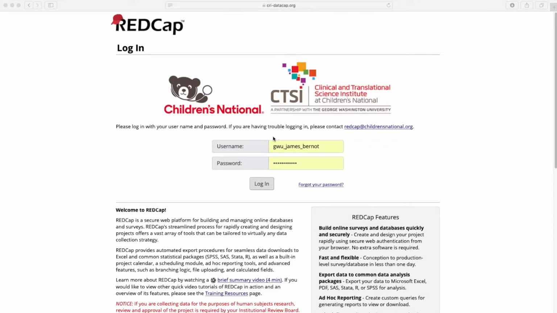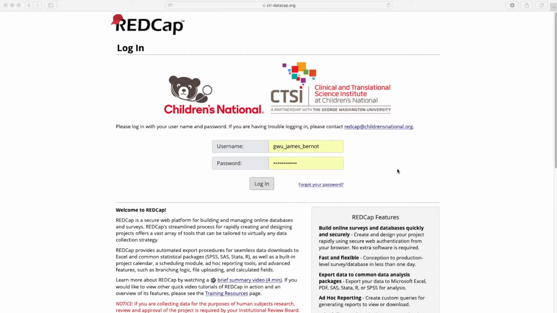You'll enter that REDCap training account username. The password will be exactly the same as the username, and you'll log in. So please do not change the username or password or any of the information associated with these accounts. They're only to be used in this 101 training until you complete this training, and then you shouldn't use this